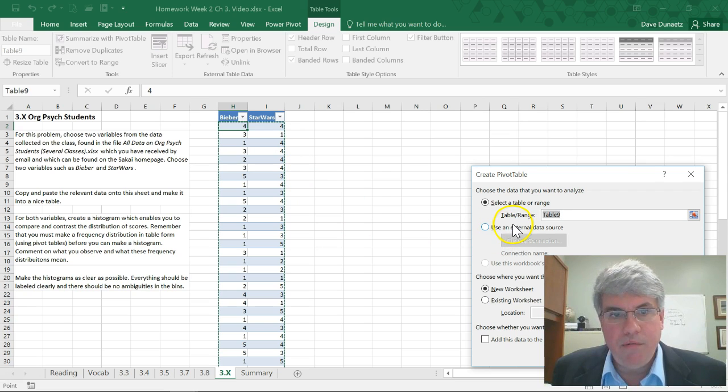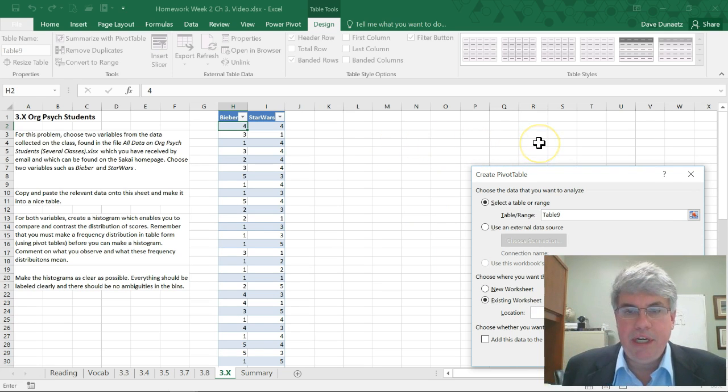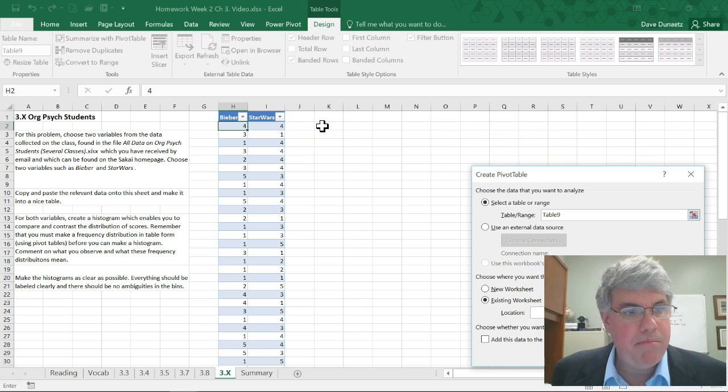I want to put it in an existing worksheet. I'm going to click in the location box, and I think I will put the pivot table, the frequency chart, in K2. Then I press OK,